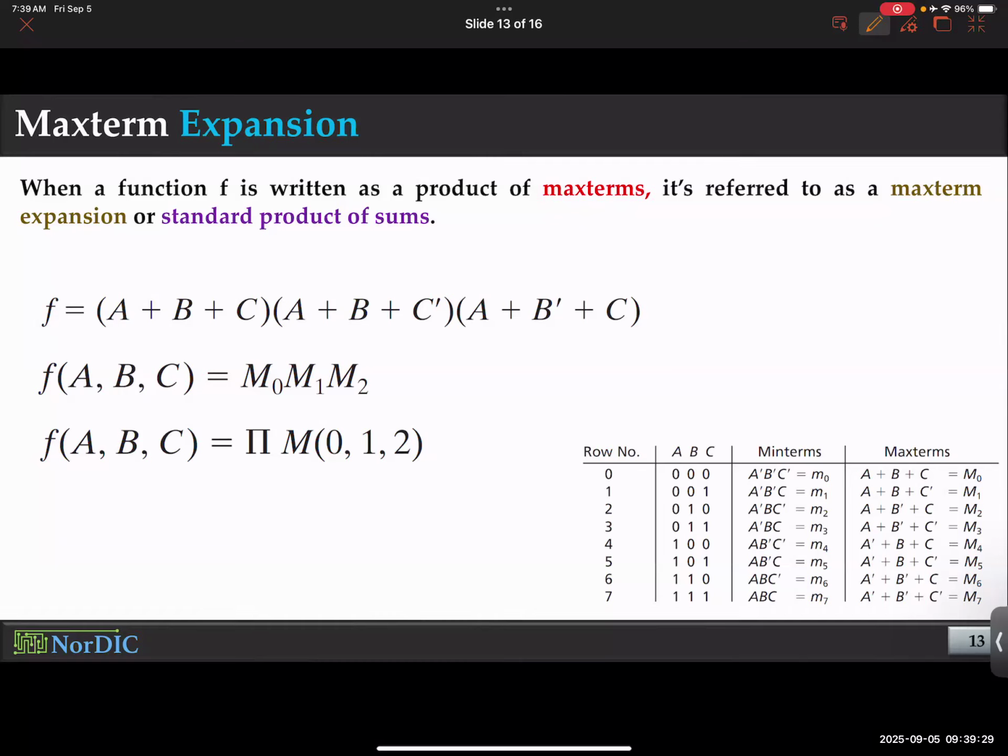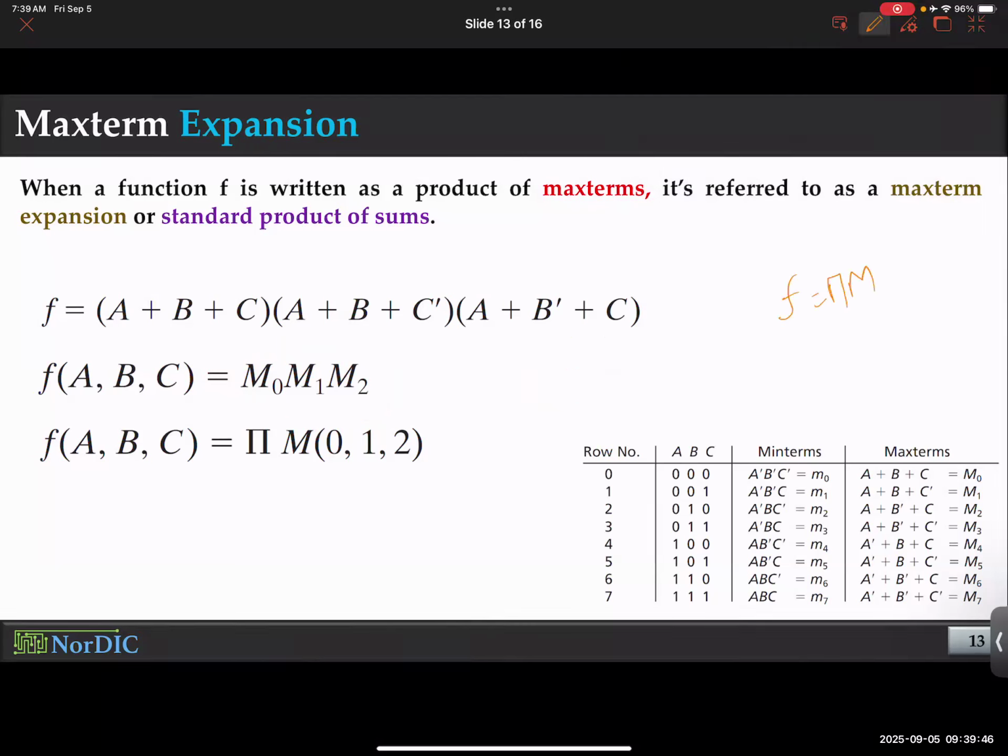Before I get to the next slide, an easier format, or another format to represent that, is to show product of max terms and then just spell out the numbers 0, 1, 2. Okay, now if I give you a function